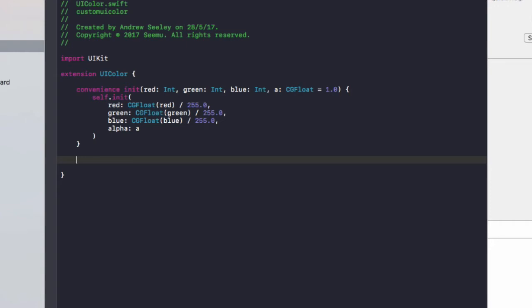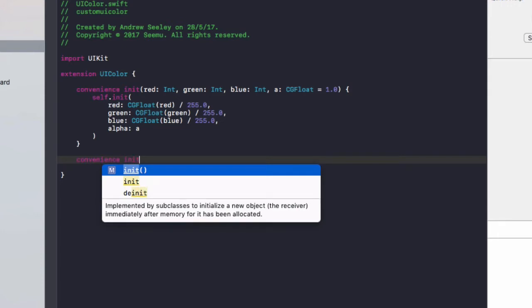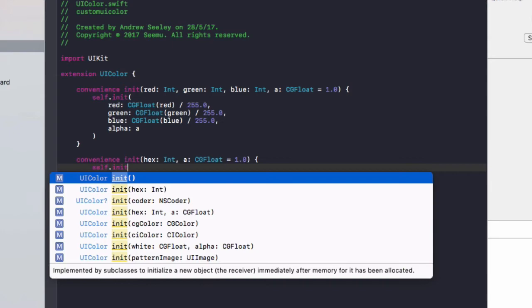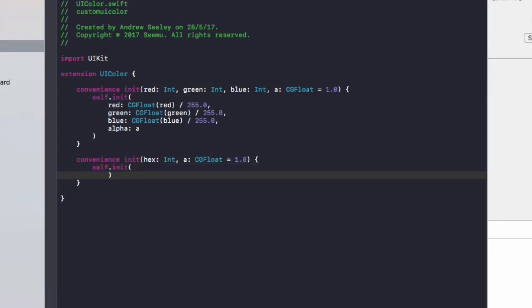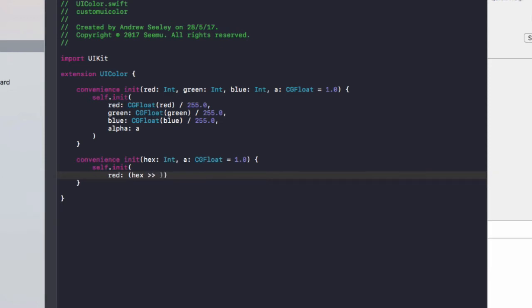Next of all, let's set it up to initialize a UIColor from a hex value. So if we do convenience init, and we'll do hex as an Int, a for alpha again, and we'll set a default for that argument as 1.0 if we don't pass anything into it. Once again, we'll do self.init, do red, and in this we're going to do hex, two right arrows, 16, brackets, and 0xff, and comma,